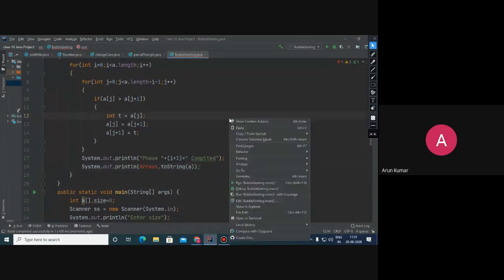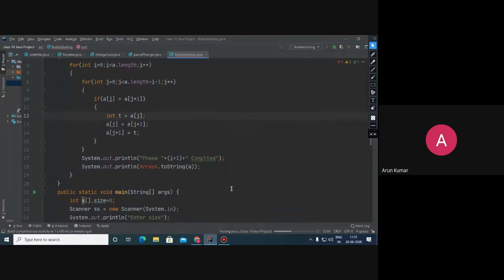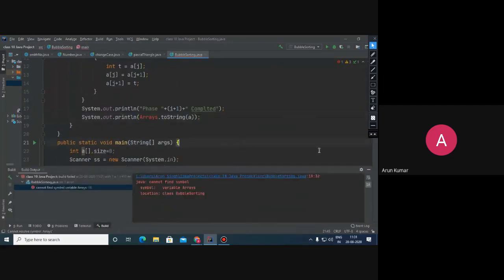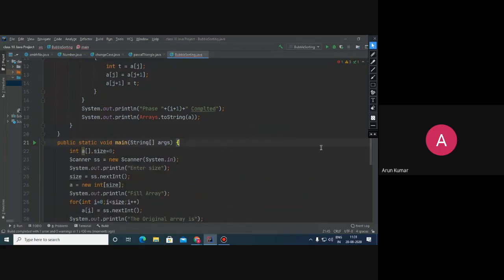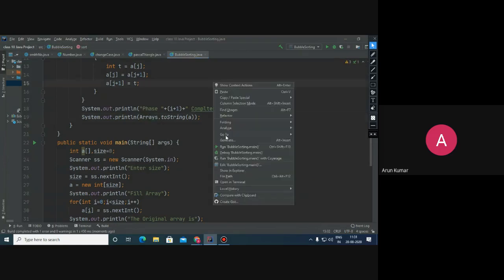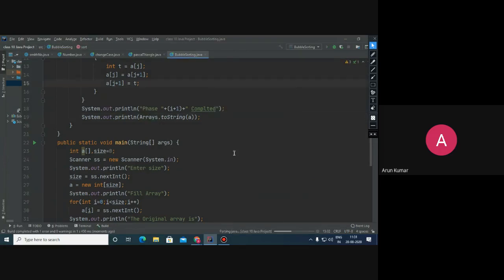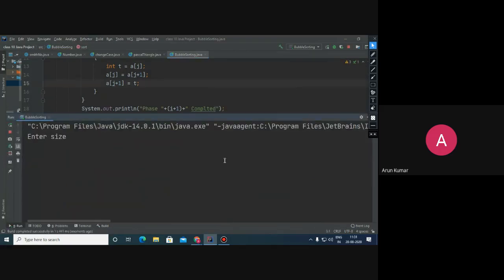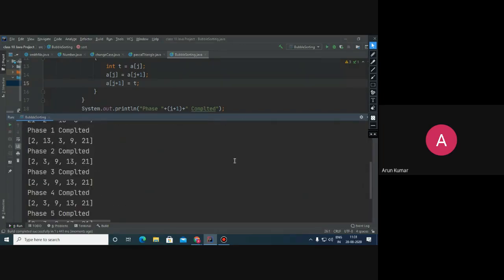Now see, here one more thing I have to show, that it is arrays. Okay, now see, the size is 5, the elements are 12, 2, 13, 3, and 9. Suppose these are. See that, children?